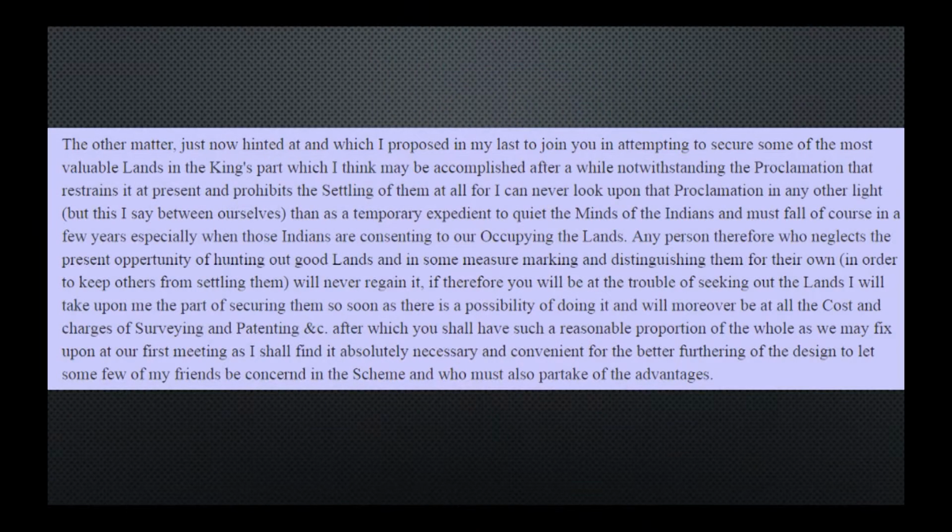So I would just recommend you paraphrasing it to the class, pointing out specific phrases. What would be a couple of the key phrases here that you would want to point out to them to get to the gist of what George Washington is saying about the Proclamation of 1763? Well, that it's only temporary. Yeah, a temporary expedient. And so this is the place where your students learn what temporary expedient means.